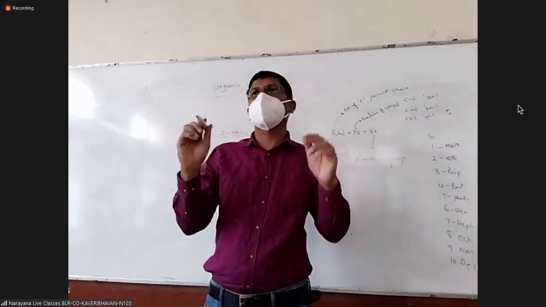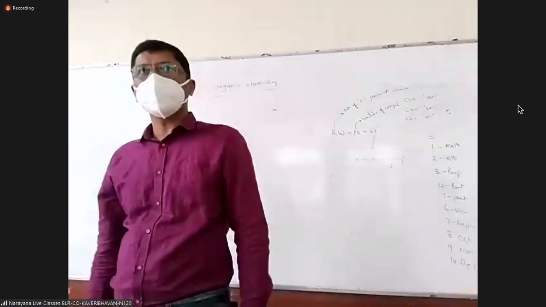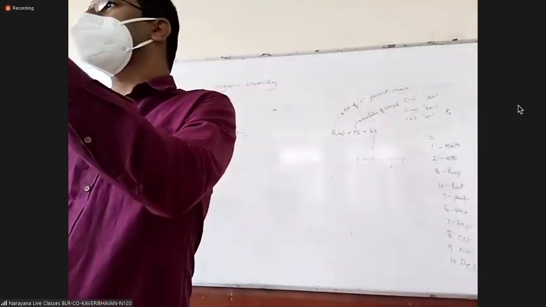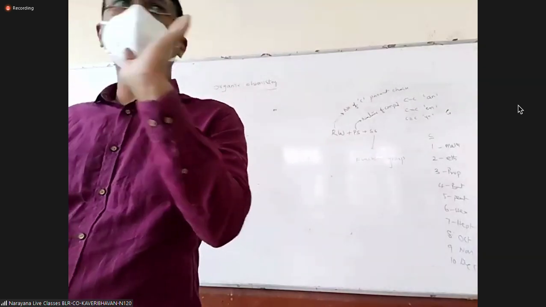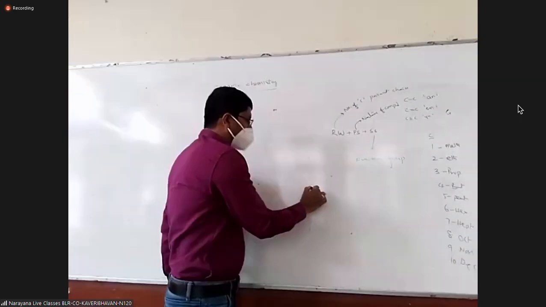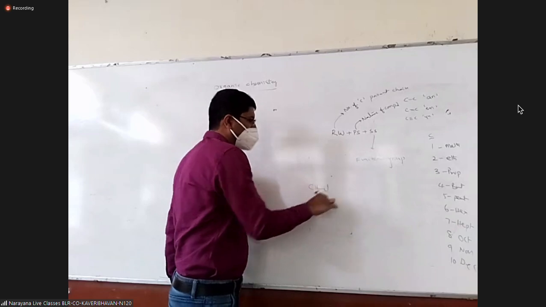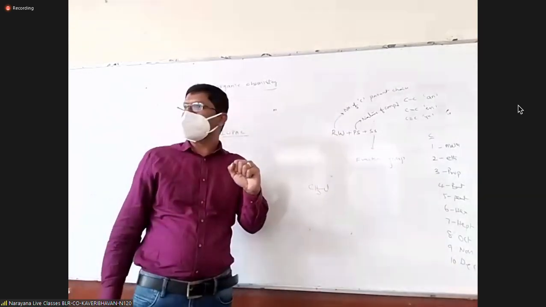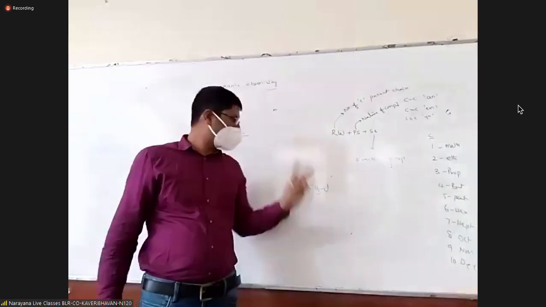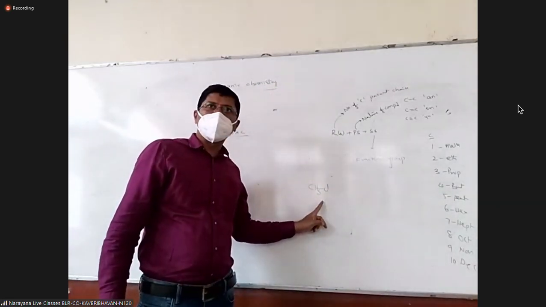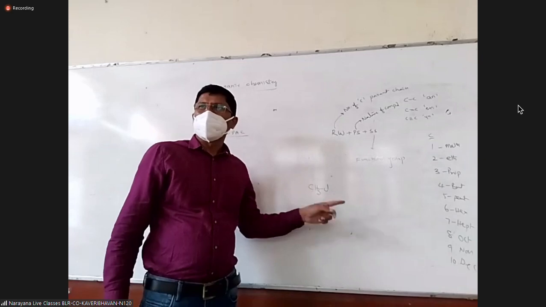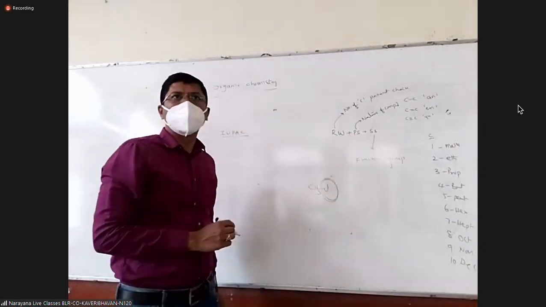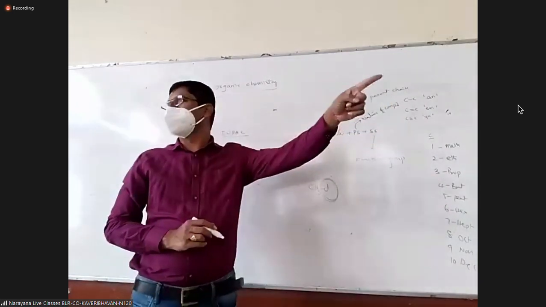Now the question: what is a functional group? A functional group is like the captain or team leader of the carbon compound. If I take CH3Cl, how many varieties of atoms do I have? Three elements: carbon, hydrogen, and chlorine. The total properties of this molecule depend on the chlorine. So chlorine is called the functional group.